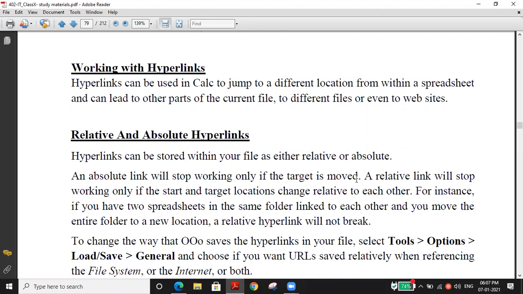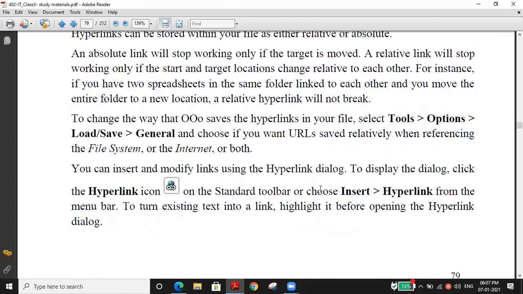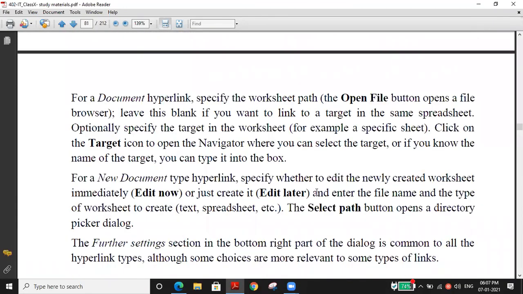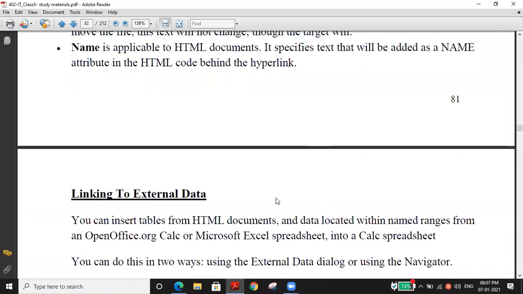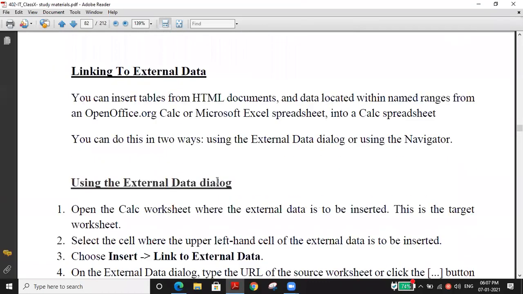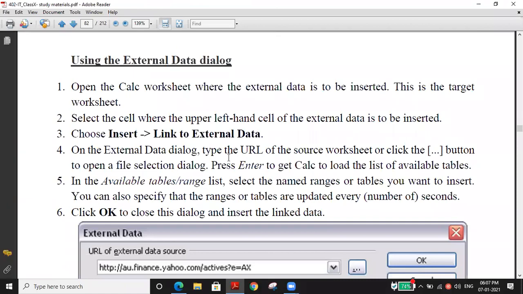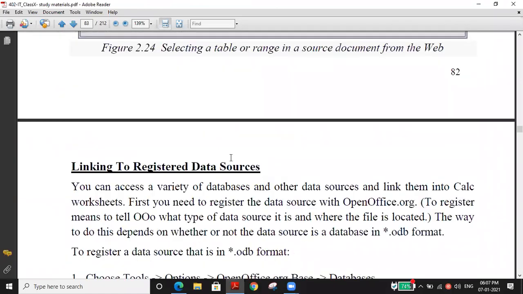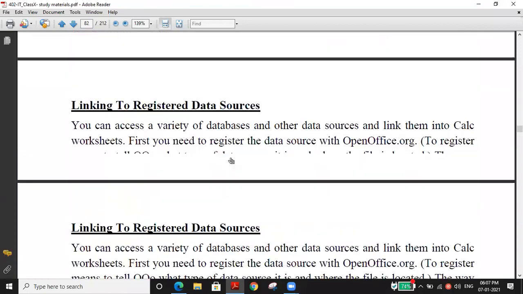So first we are going to see the hyperlink and the external hyperlink also. After that, there is one more concept, creating and accessing an intranet, how to connect to external data. These things we are going to see in today's session. This is theoretical content, I'm just showing the content. After that, we will go ahead with the new things.